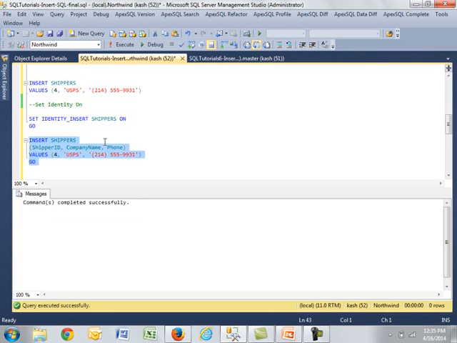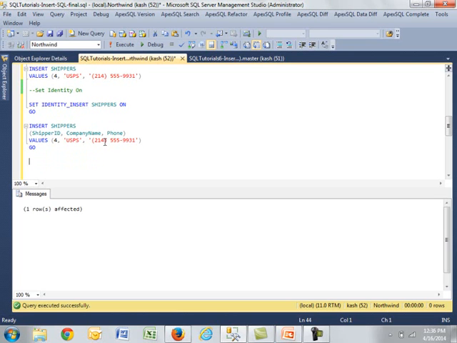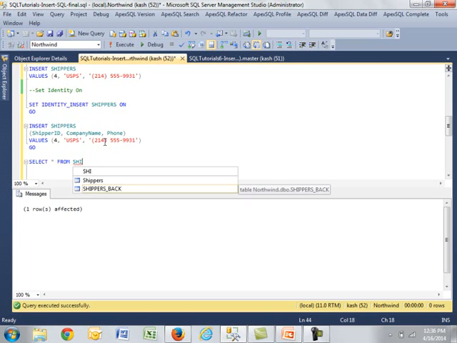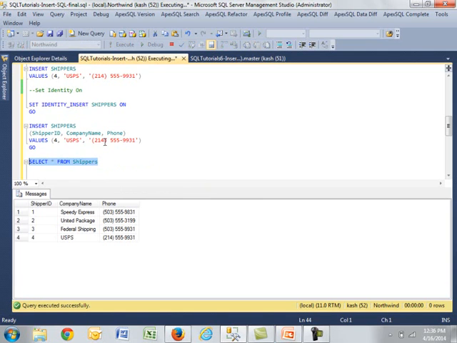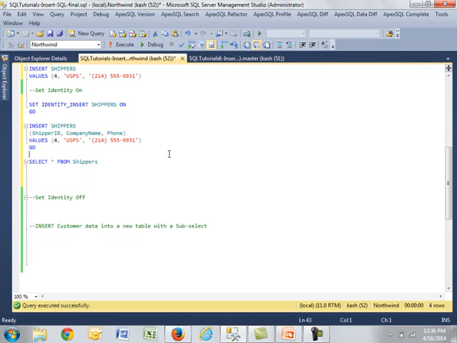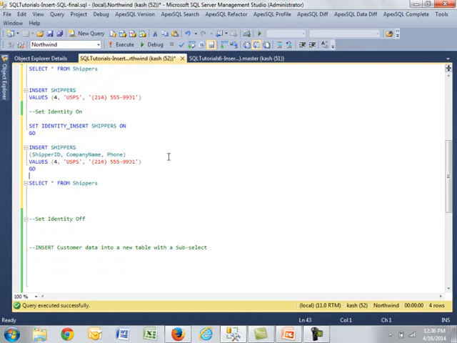So let's hold on and see what works. Okay, so that worked. Now it says one row inserted, and again, if you need to verify it, you need to do a select star from shippers, and there should be a fourth record in here. Boom. Okay. Alright, well, that's great. I mean, that's one way to get around the identity insert issue. Another way to get around this is to skip this column and let SQL Server manage it, right? So in other words,